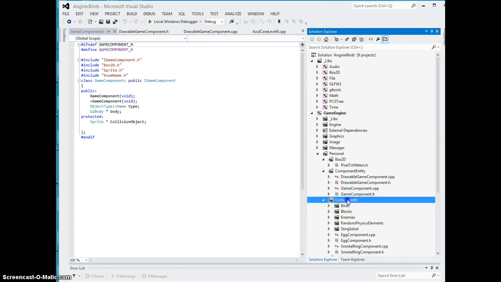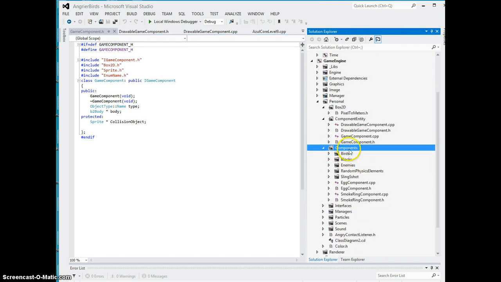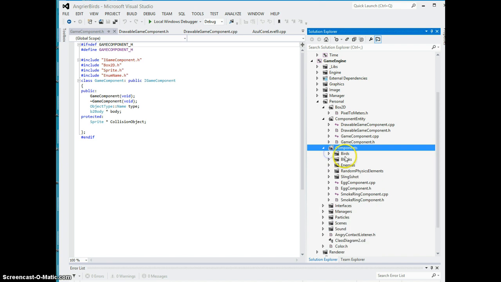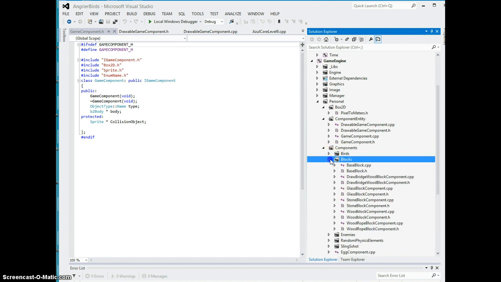Inside this folder is where I guess most of the magic happens. This components. Components, I got birds, different types, birds, blocks, enemies. Enemies are just a pig, blocks are blocks, different type of blocks. Birds are all the birds. I have a base bird, and then I have a derived bird for every one of the type of birds. Something important in blocks though,